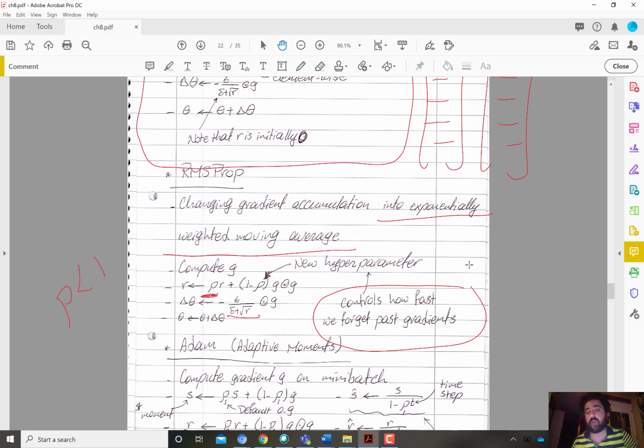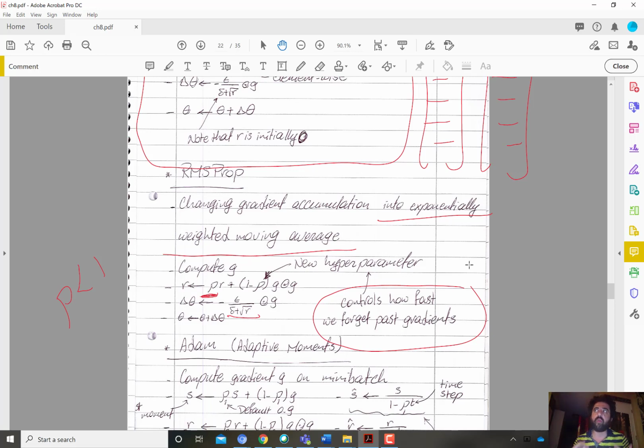But rho controls how fast we forget past gradients. So when we encode a value of rho, it's how much we believe that we stay in the same region, how long in terms of training iterations we believe that we stay in the same region,